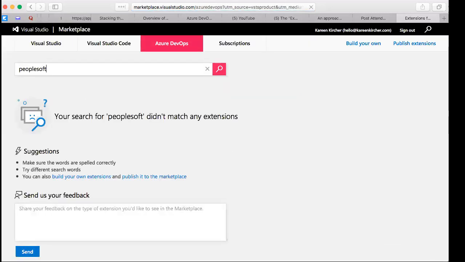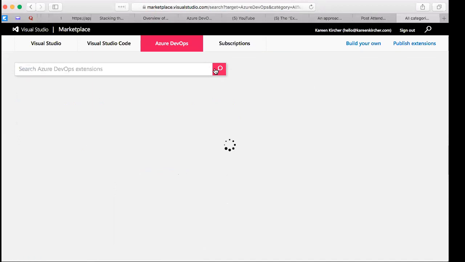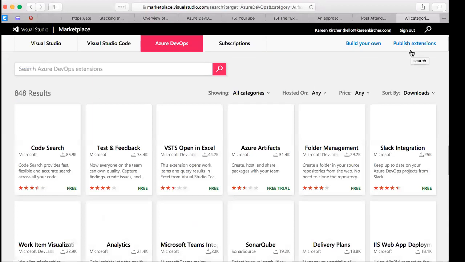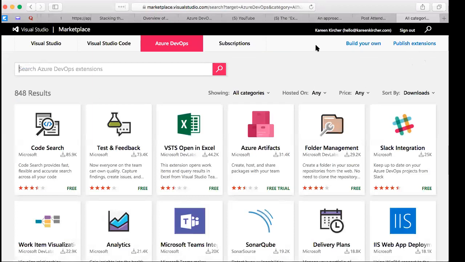And we look for PeopleSoft. And it doesn't return anything for PeopleSoft. You can decide to build your own or publish. So if at any point PeopleSoft decided to make their tools available, all they need to do is come here